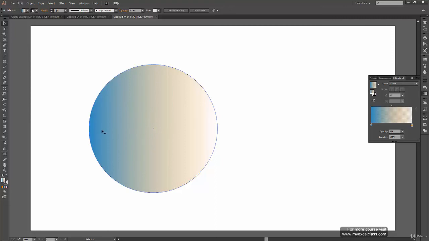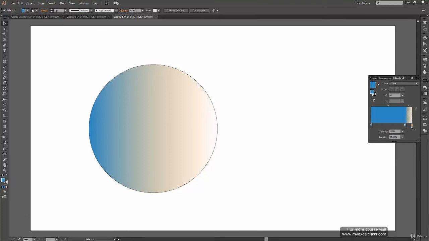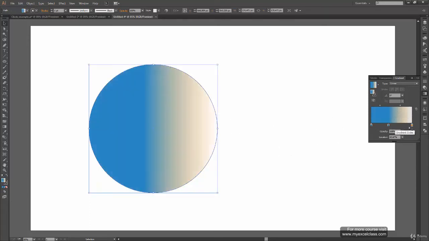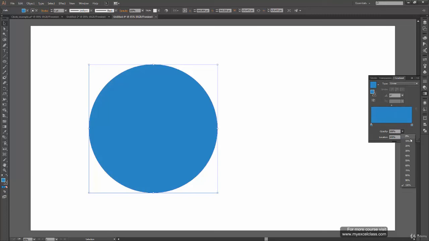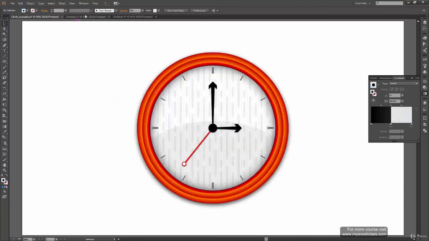Now if you want something to be transparent, then instead of having some other color, just have a bucket of the same color and then reduce the opacity. Okay, select the shape first, and then reduce the opacity to 0. So now you can see that yes, the color is gone from the right side, but at least I have this blue to blue transition instead of blue to orange and transparent. So the same thing can happen here also.